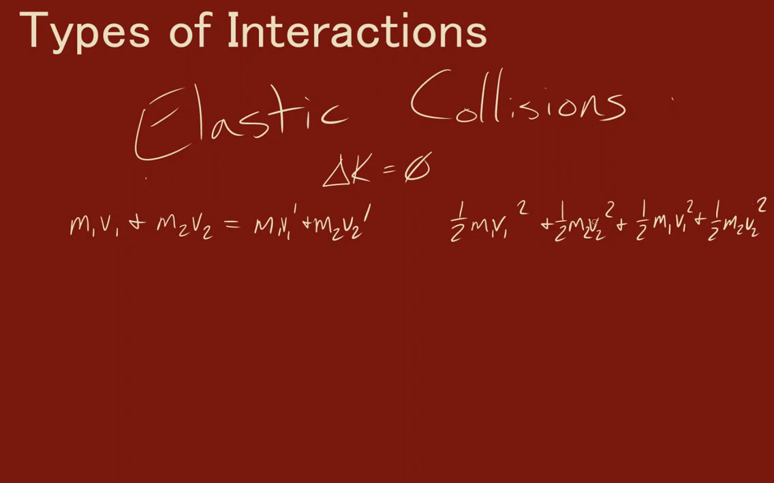We can kind of simplify this, and all the halves will cancel. Basically, through some clever algebraic manipulation, we could solve one for the mass of one or the mass of two, and substitute that into the other equation. And basically, what we get is the relative velocity of the two objects in the beginning